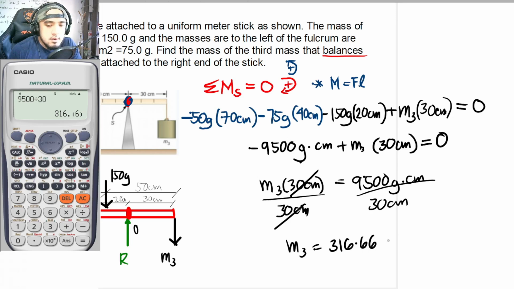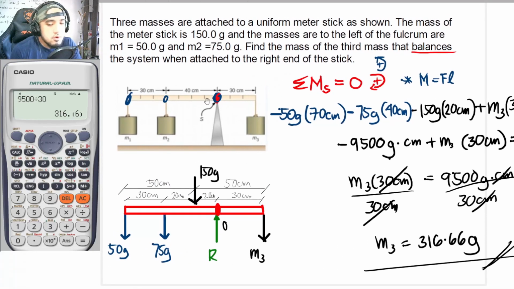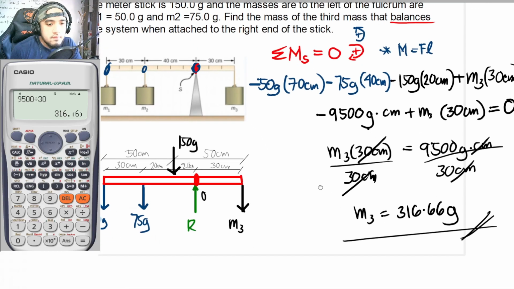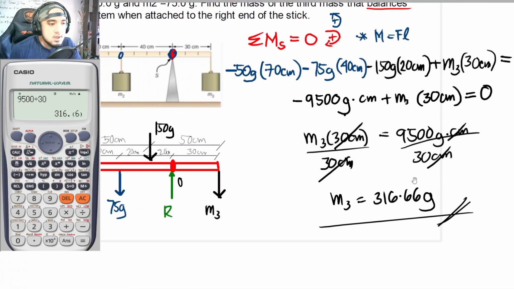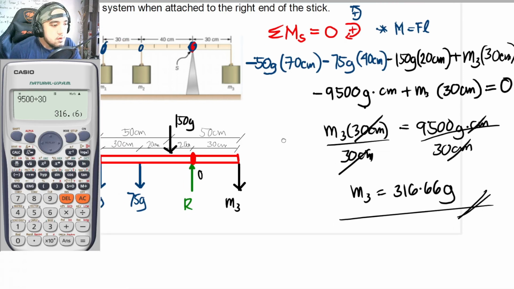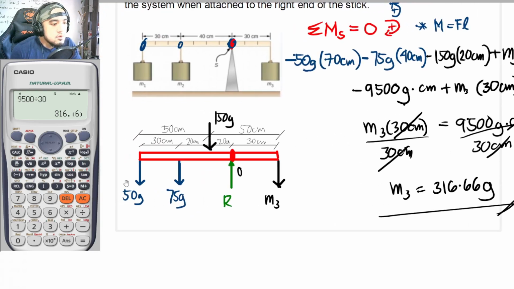316.66 grams. So as you can see, centimeters would now cancel out, and thus we would be arriving at a unit in terms of grams. So for this particular system not to rotate, M3 should have a mass of 316.66 grams. So once again, if you have converted this into newtons and converted this into meters,